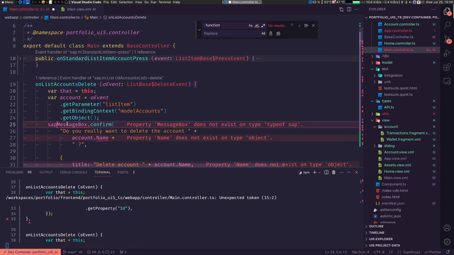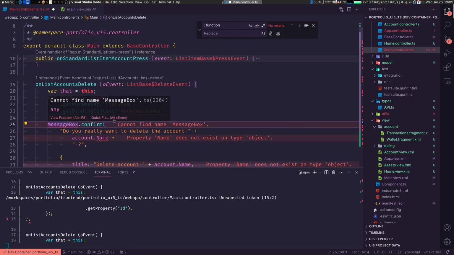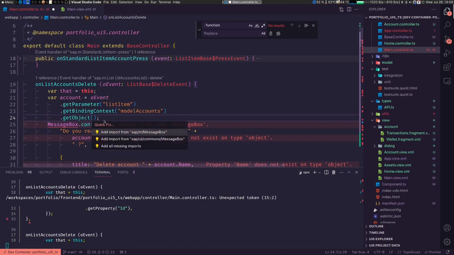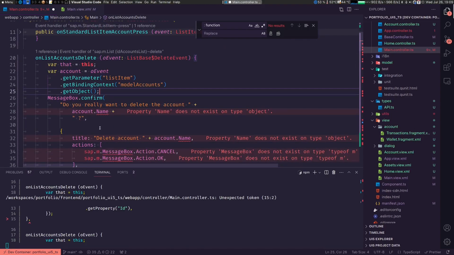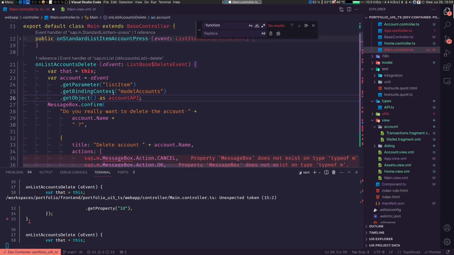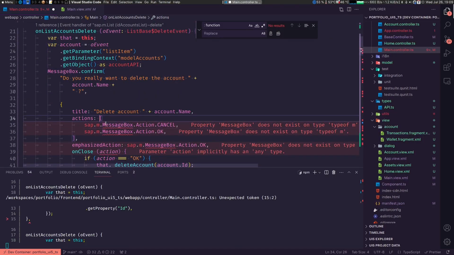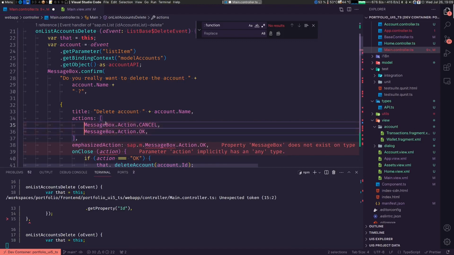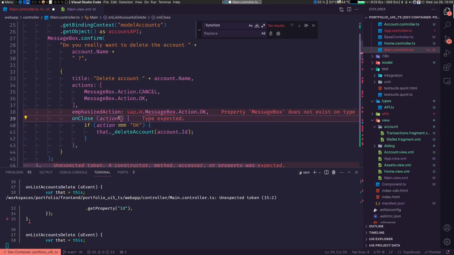Here we just import the message box to account name, because the object is the type account API, so now he knows. We can take this from here. This returns a string,